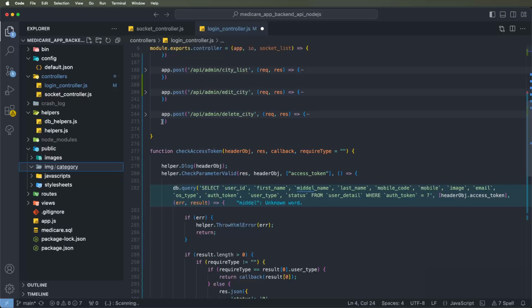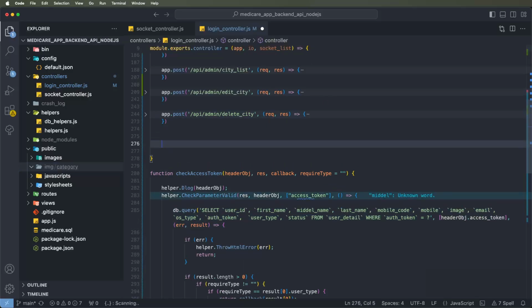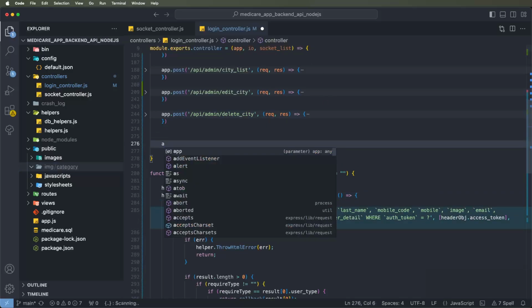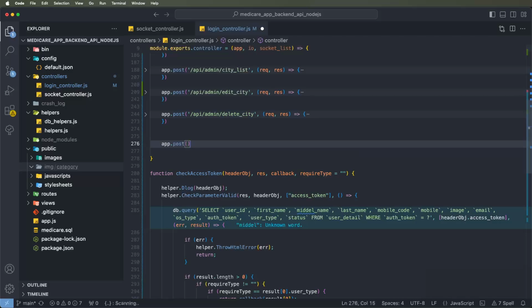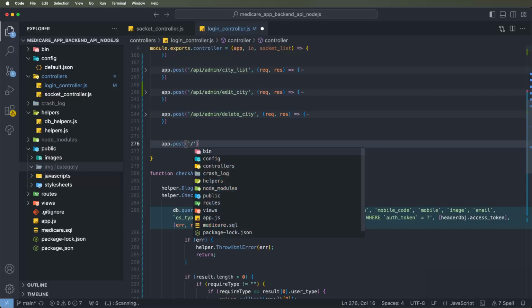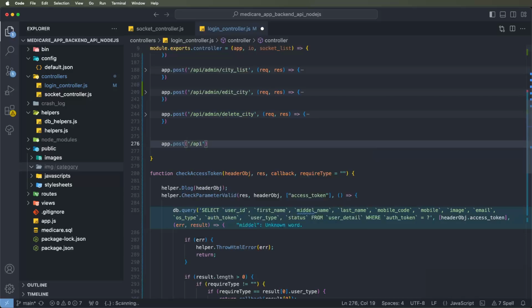How to create it, I will explain. First of all, we declare a POST API, but not URL-encoded; we need to use the form data API. We need to use POST because we are uploading the image using form data. We call this API slash admin and write add